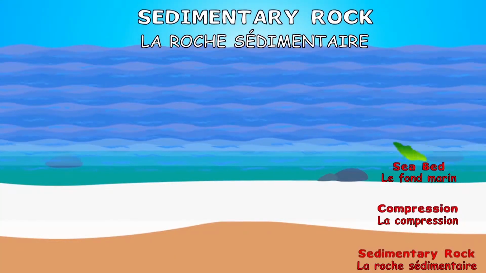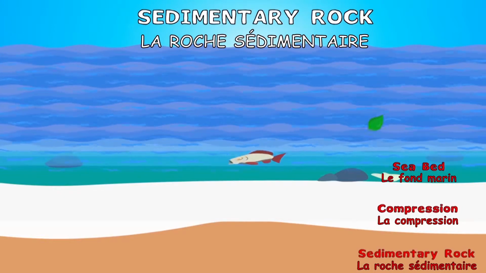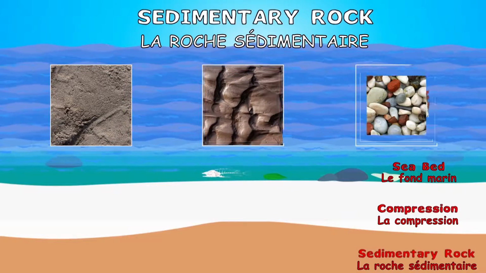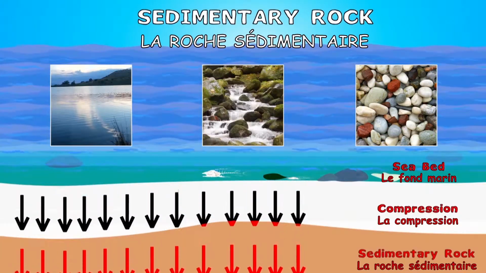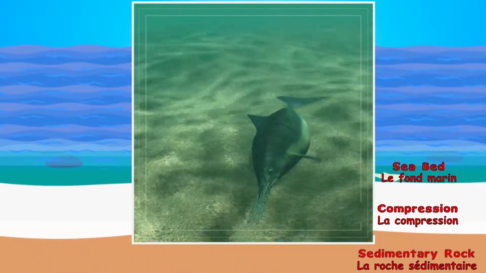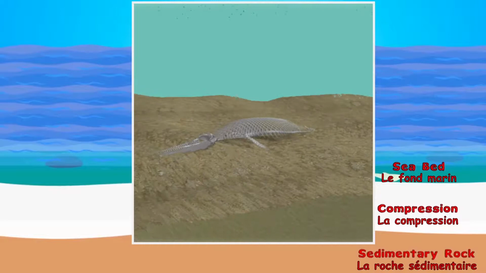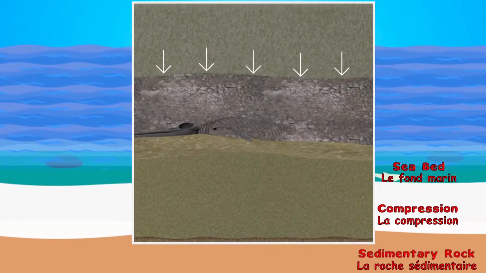Sedimentary rocks are made up of small particles that have eroded from other rocks over time. Sand, mud, and pebbles often settle in low-lying areas by lakes, rivers, and oceans. They compress back into rock because of the weight of materials on top of them. Sedimentary rocks sometimes contain fossils.